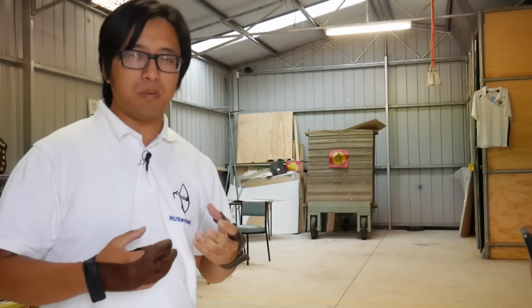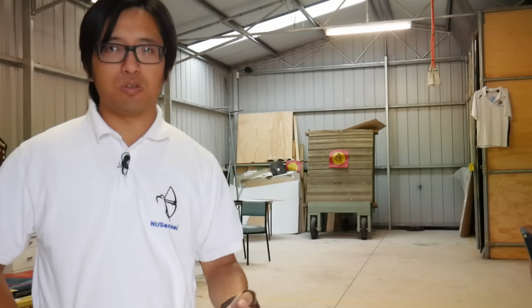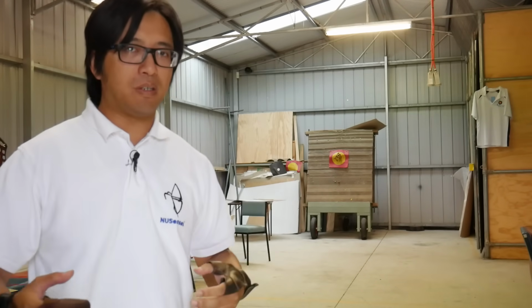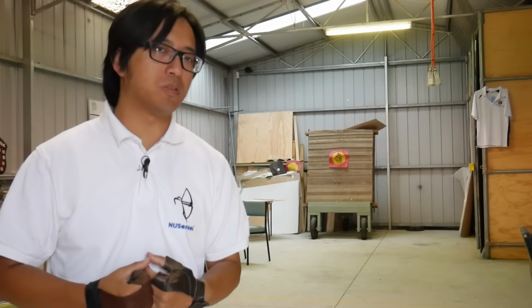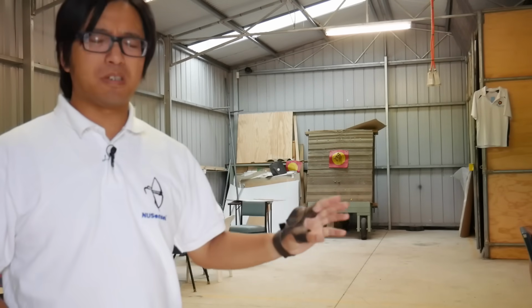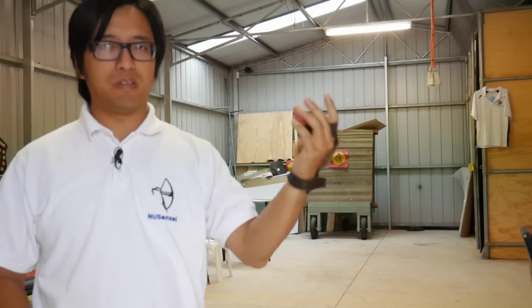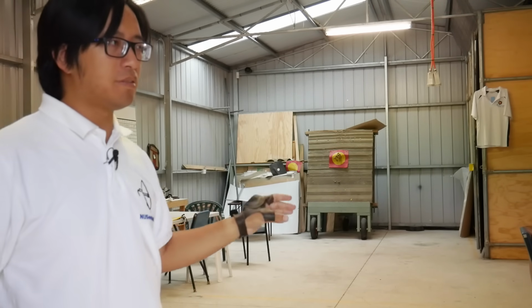For a hunter, it might be their accuracy or their grouping at 30 meters to 50 meters. That's what you normally see in 3D target courses. For target shooters, this might be 50 to 70 to even 90 meters, depending on the style, the bow, the classification, and the format of the competition. Bottom line is, just because I can do this at 10 meters doesn't mean I can do the same thing at further distances. If I wanted to validate my skill at this distance, I should be shooting at smaller targets